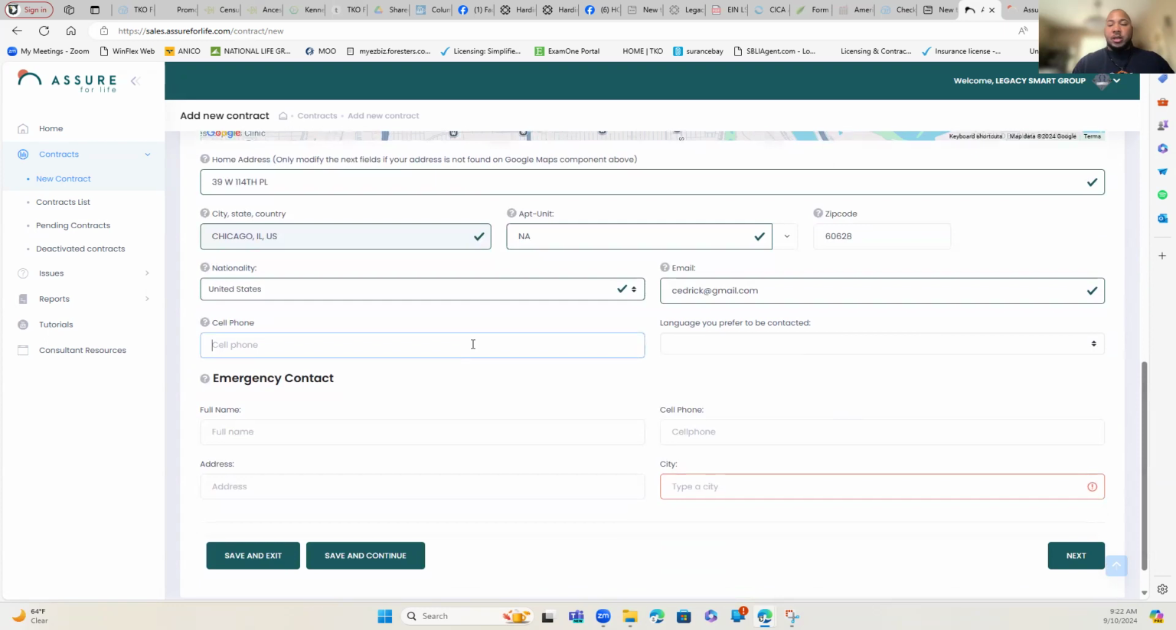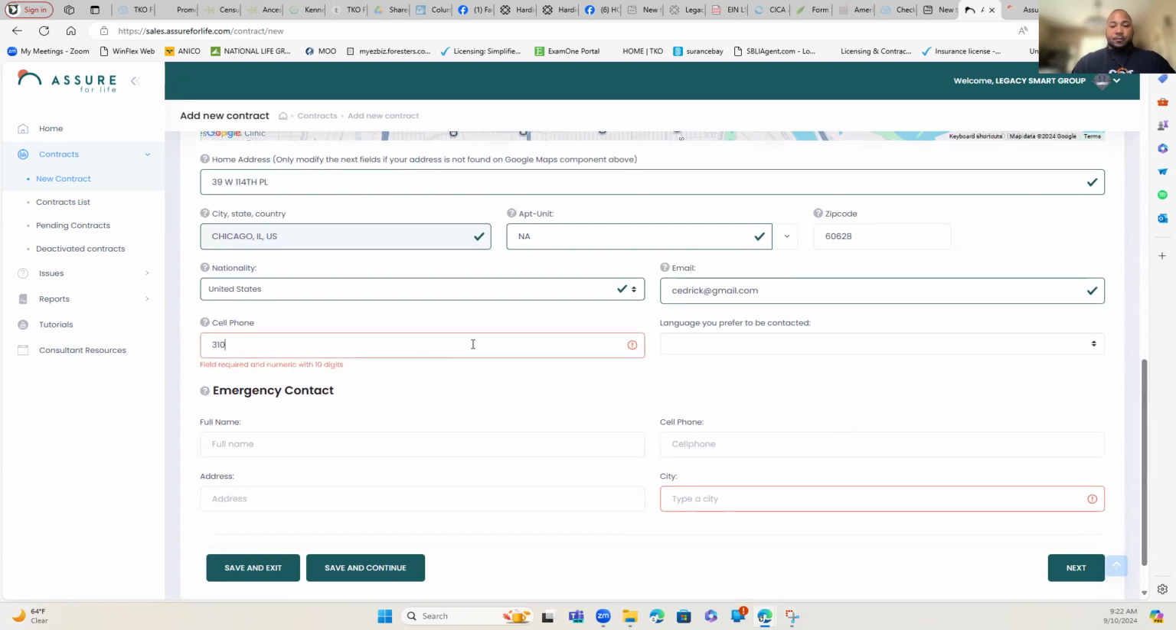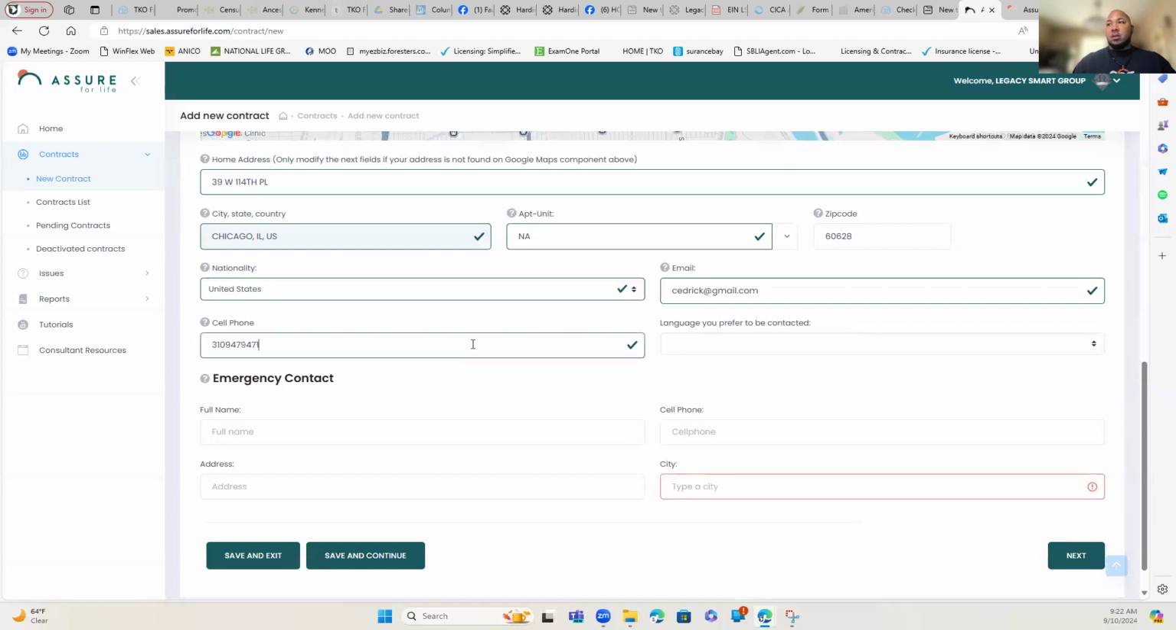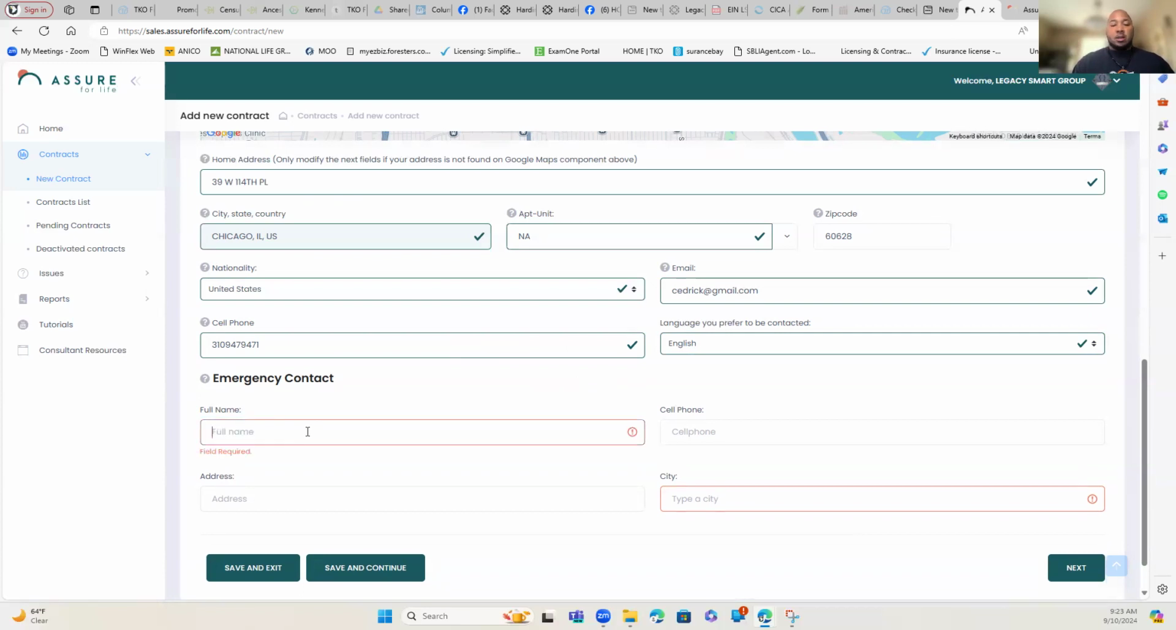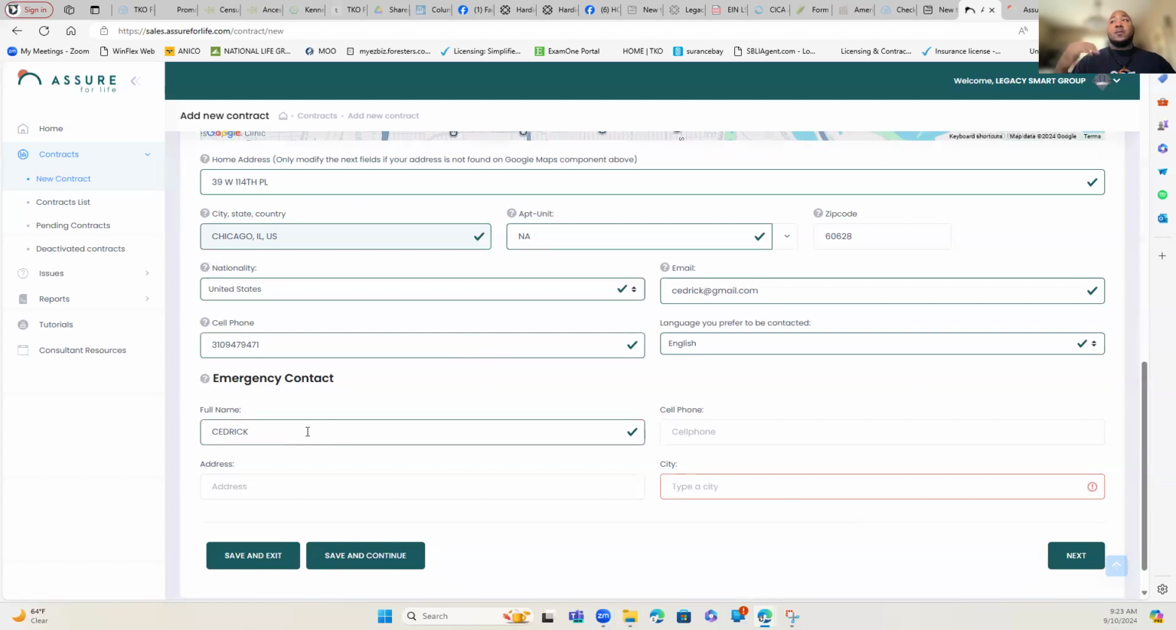I'm going to put a phone number here, making it up, of course. All right. You want to put it's either English or Spanish. And then you want to put an emergency contact. This goes for all plans. So emergency contact, just the next part, and explain to the client, hey, this is just if something happens to you, who can they call first? Because this is going to be the only contact on the plan that has an actual phone number. So we're going to put Cedric, mom, and put an address,